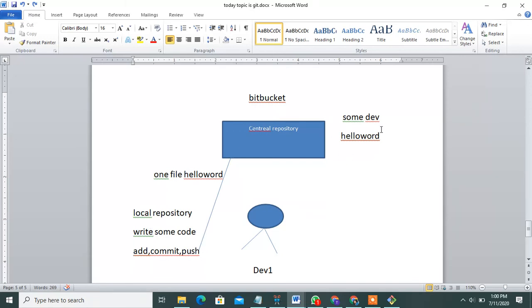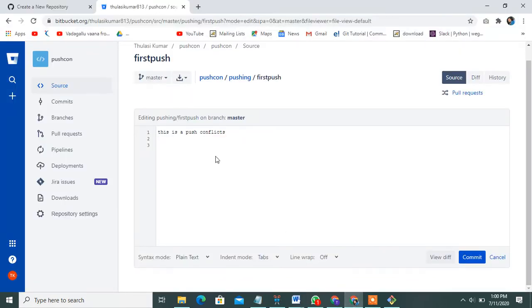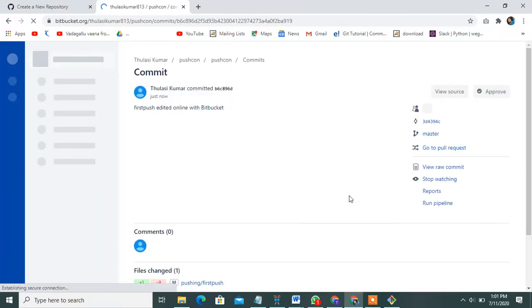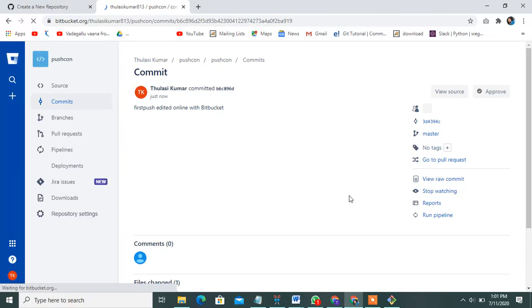Once you push, it is stored in the central repository. Then any developer can modify. Okay, write some code also, commit it. Yes, committed successfully.